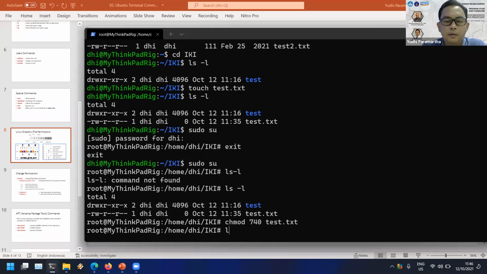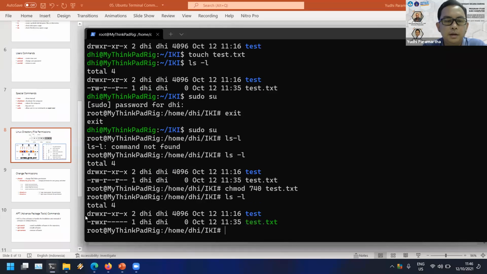When I see the permission now, the user or owner will have RWX permission, the group only has R permission, and the other user doesn't have any permission.